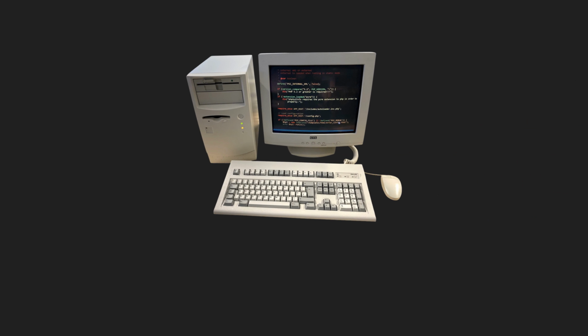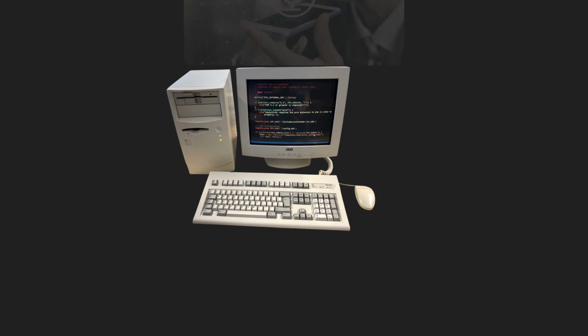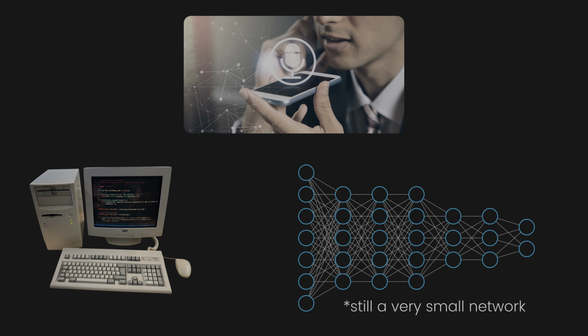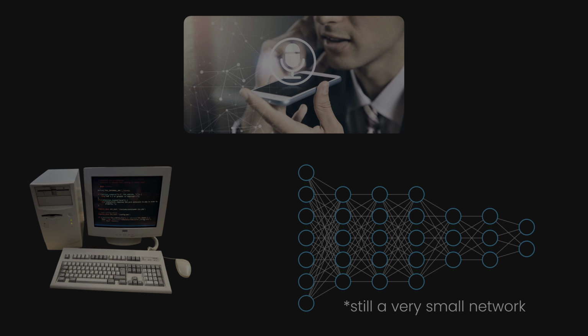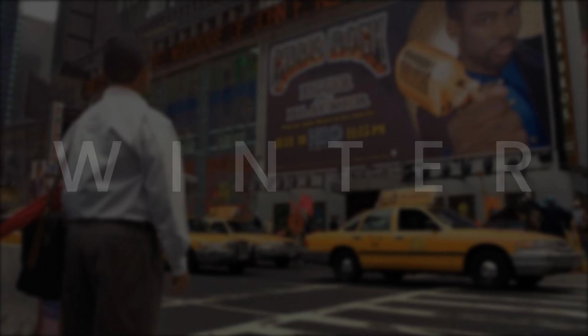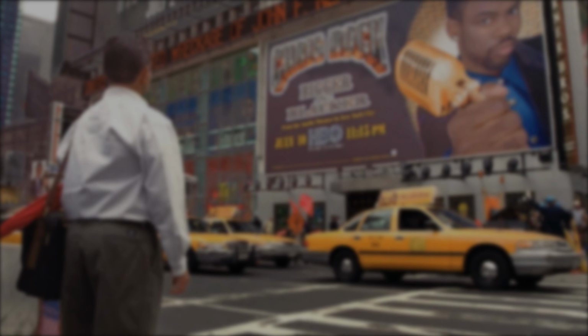Well, back in the 80s and 90s, computers looked like this. Not very powerful looking, if you ask me. The big problem with neural networks is that to solve complex problems, you need a large, complex network and enormous amounts of training computation. This meant that neural networks, while exciting in theory, were mostly useless in practice. And just like that, once again, funding was cut, attention shifted elsewhere, and the hype surrounding neural networks died off. And this marked the start of what we often call the second AI winter. From the early 90s into the 2000s, progress on neural networks slowed to a crawl.